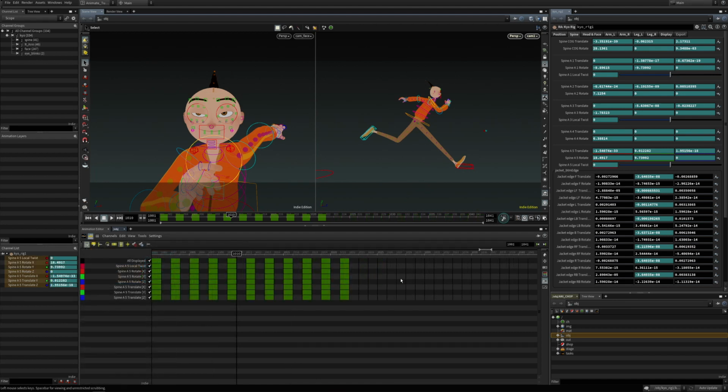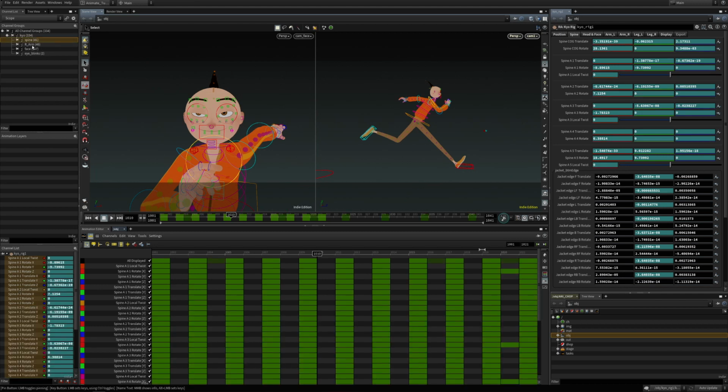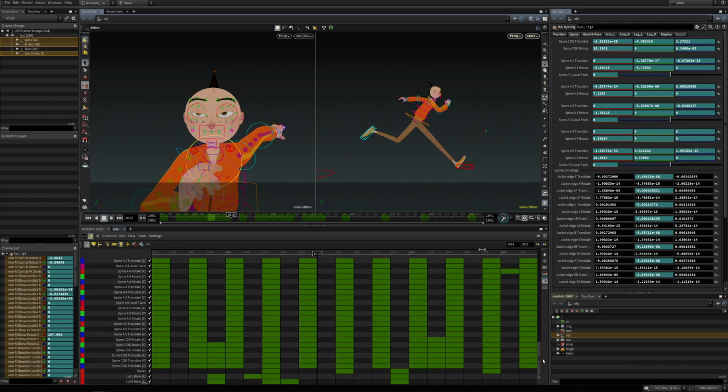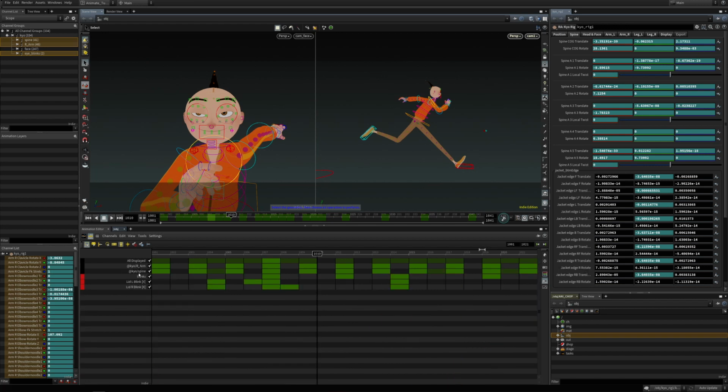And then the same as the graph view, we have a display toolbar here at the right. The first two are for framing the timeline, and the next one is useful when we are dealing with channel groups. So let's select, for instance, the spine, right arm, and eye blinks. And right now, it's hard to separate which channel belongs to each channel group. And for instance, if you just want to work on the spine, it's hard to separate which channels belong to the spine channel group. If we click here on one line per group, we see each channel group in a separate line,